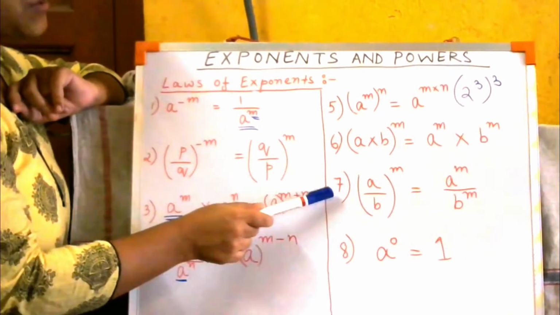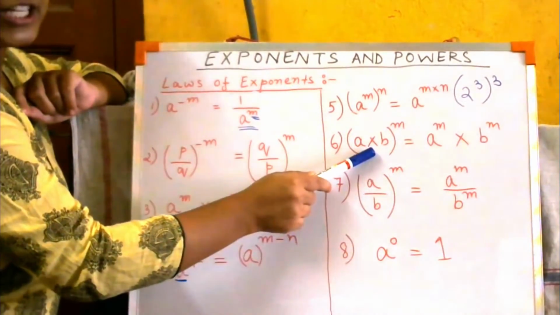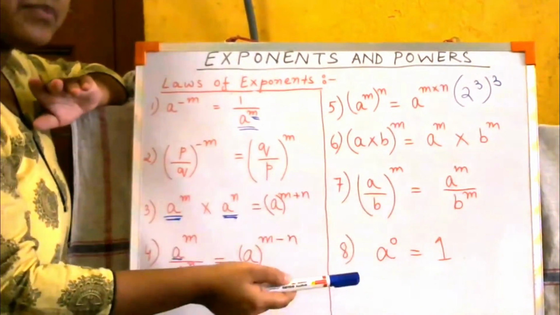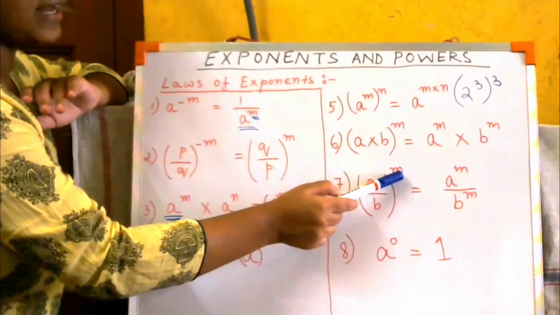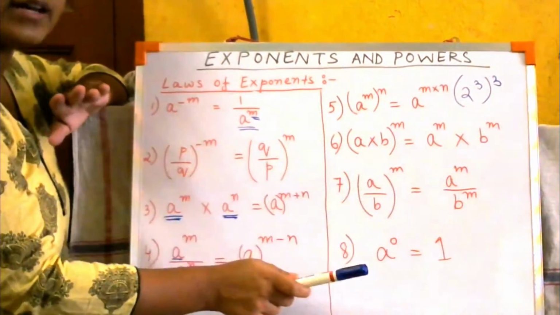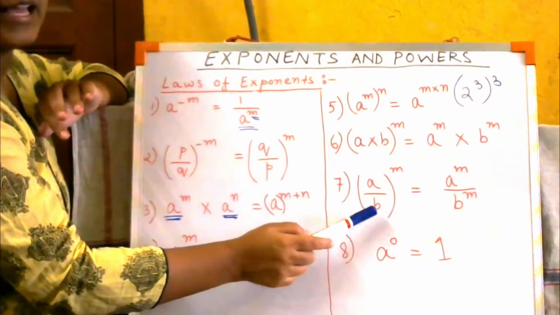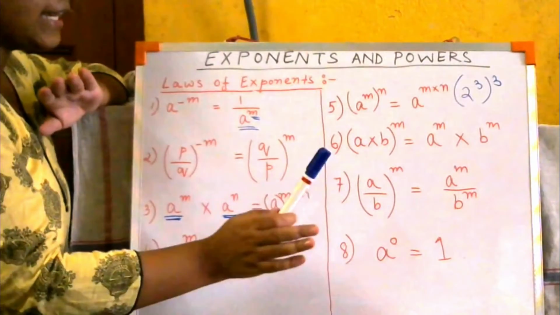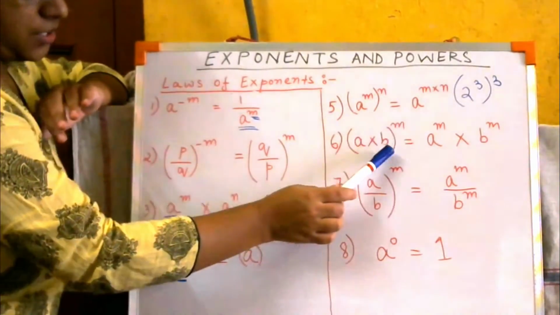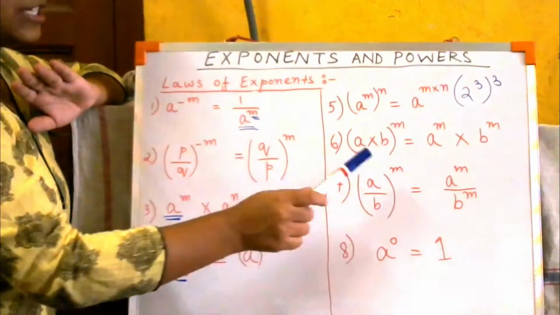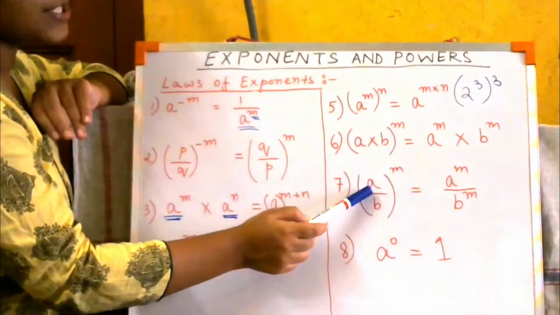Now, next we have this part 7. This was multiplication, this is division. Same thing, they are just explaining to you that if there are two bases and outside there is only one power, this means this power belongs to both the digits. It belongs to both of them. It is not that this power is only for a, or only for b. No, this power is for both the bases. Over here also it is for a and b, here also it is for a and b.